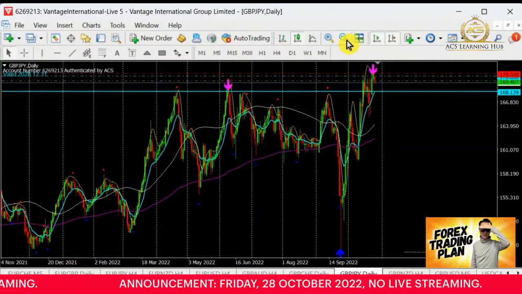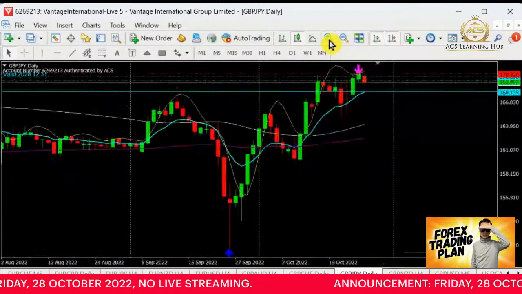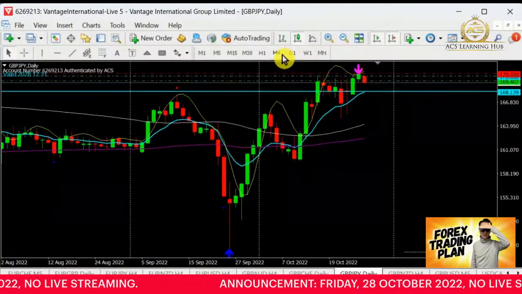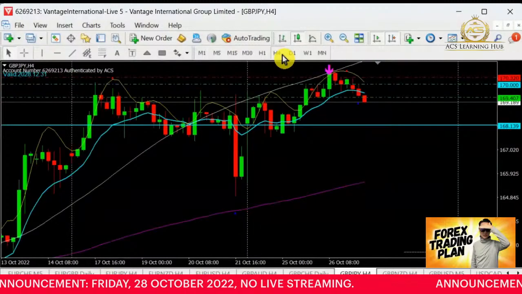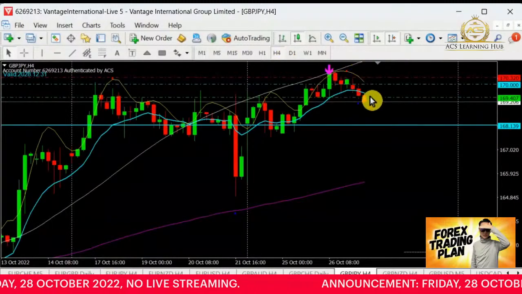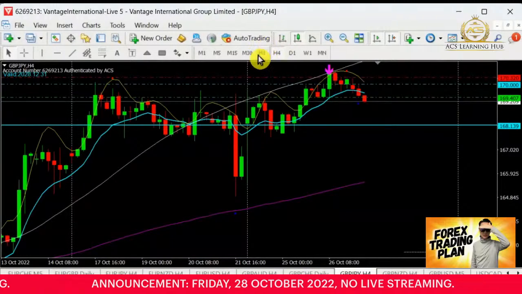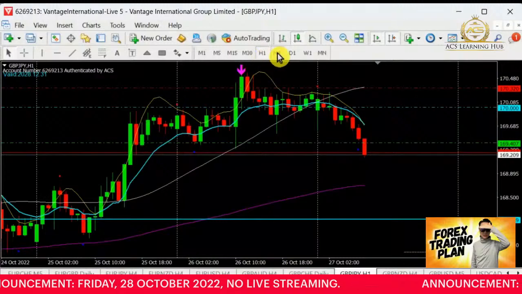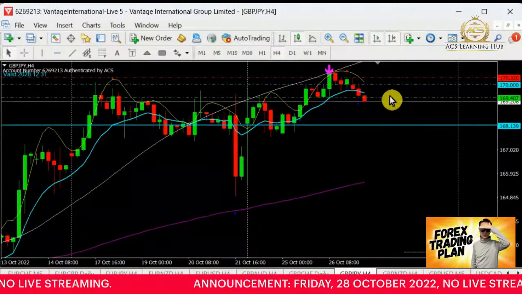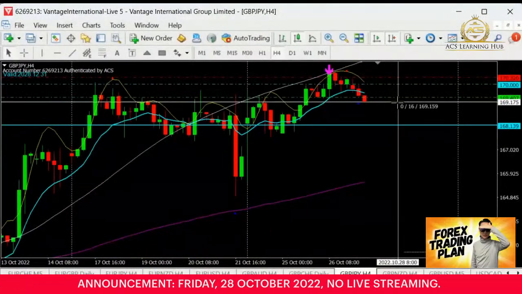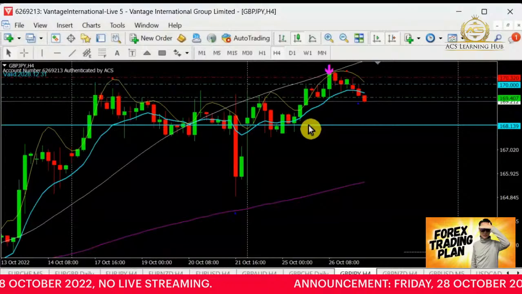Well, pound yen, the whole general trend over here looks like it's in the bull. Am I right? Look at this, it's like the bull. So today in the bull, do we have a chance to sell, since we hit on the resistance, and now it's coming in and, as a transition, breaking through the support area, still testing on the support area? If this price is going to stay below this support area that becomes a resistance, I guess we have a chance of about 105 pips. So this one also looks pretty good.